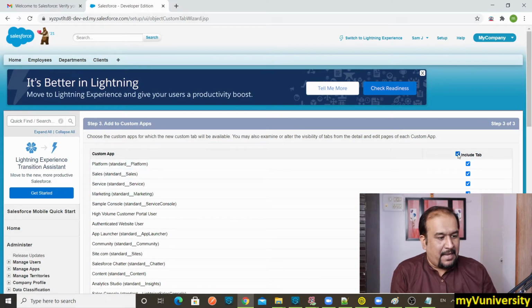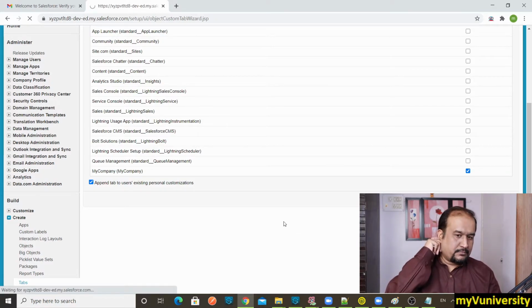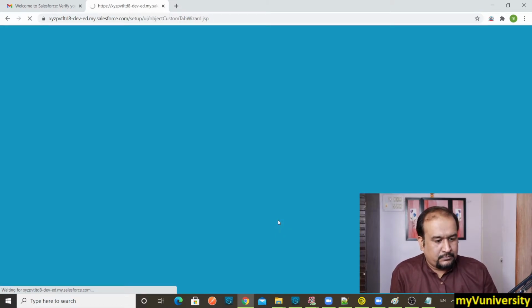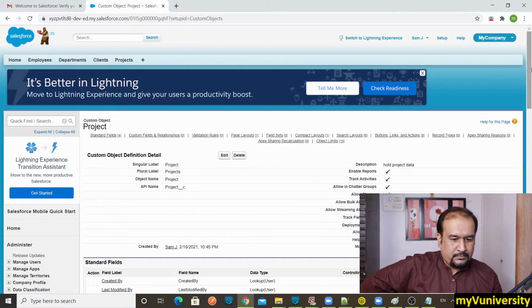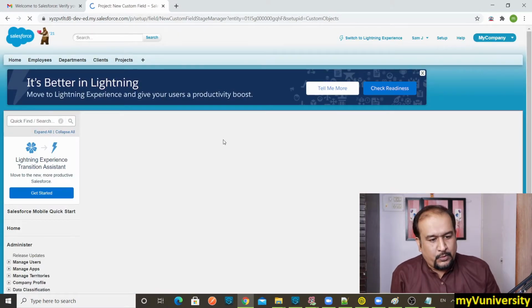This tab is visible to which app? So I want it only for my company app. That's perfect. Okay, so that's got created. Now create the project ID and the technology custom fields. Let's click on new to create the custom fields.